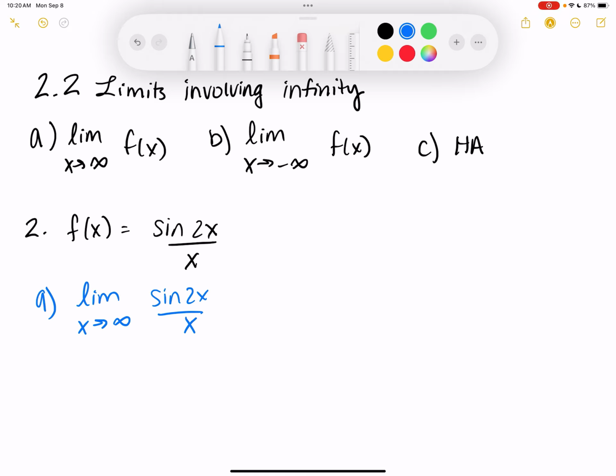So basically this is what's happening as x is getting really, really big. So the sine of a really big number, a lot of times I like to think of it inside of the function. It's a little bit easier to think of it as like a,